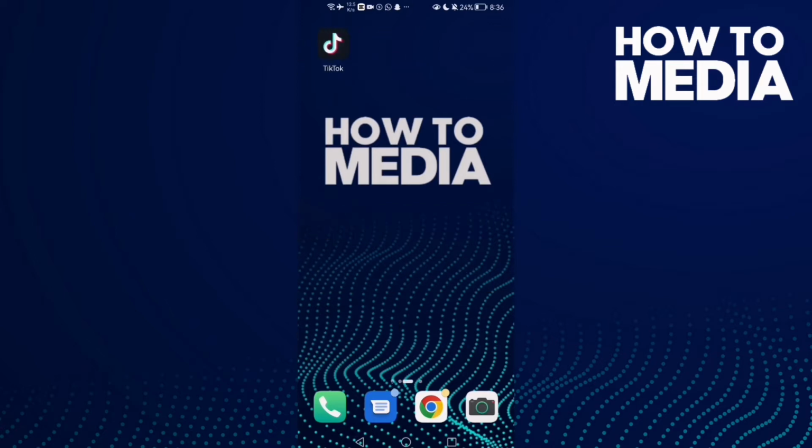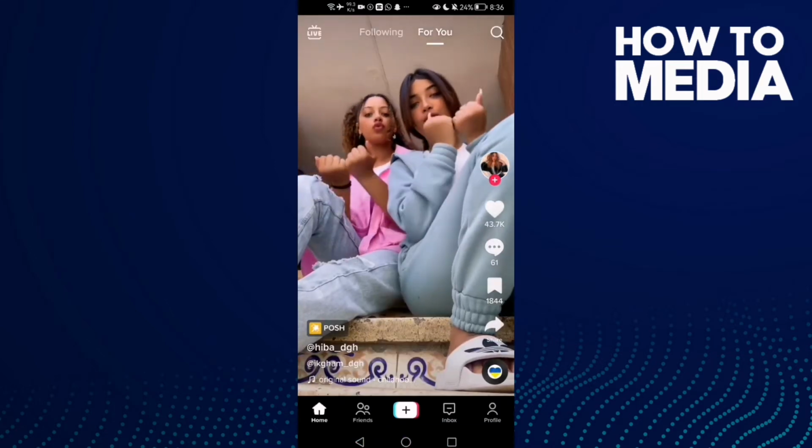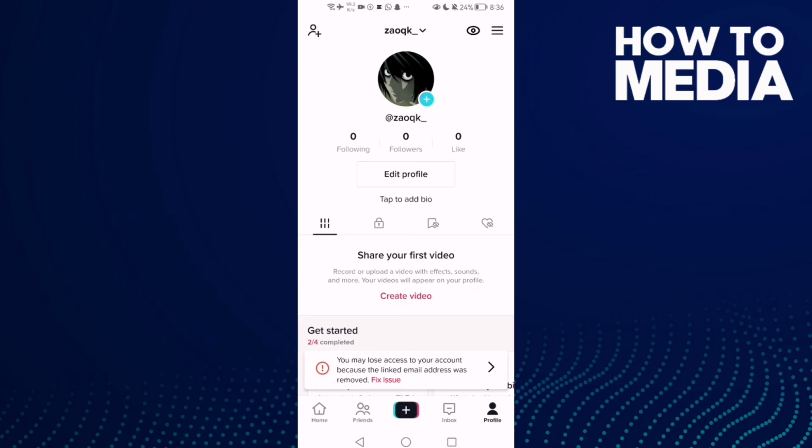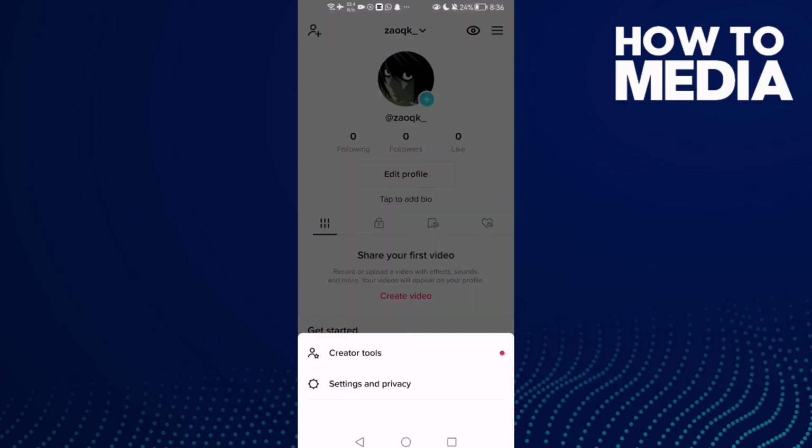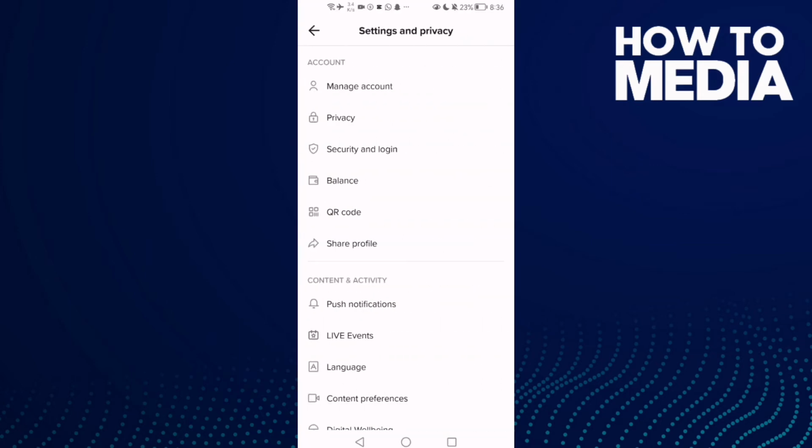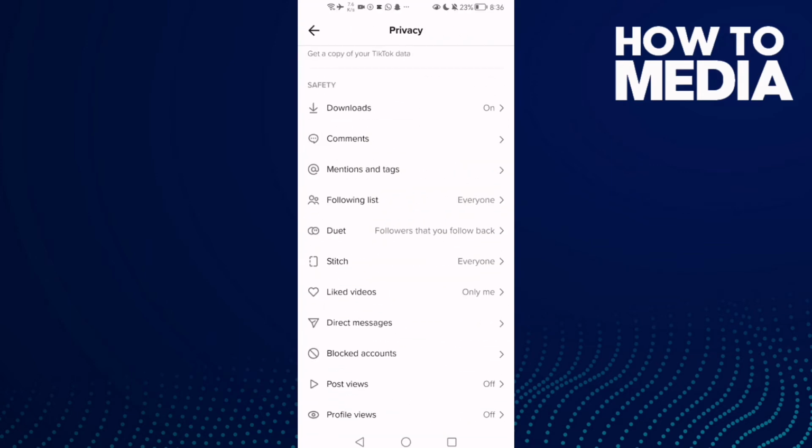TikTok mobile. First, open TikTok and click Profile, and here in the top corner you will find the three lines. Click on it, then click Settings and Privacy, then click Privacy and scroll down until you find Stitch, this one, Stitch. Click on it